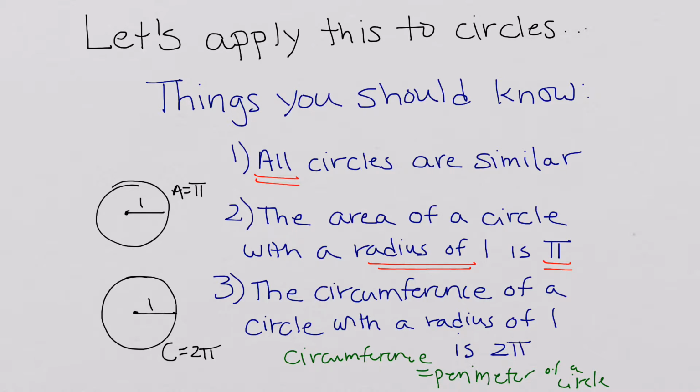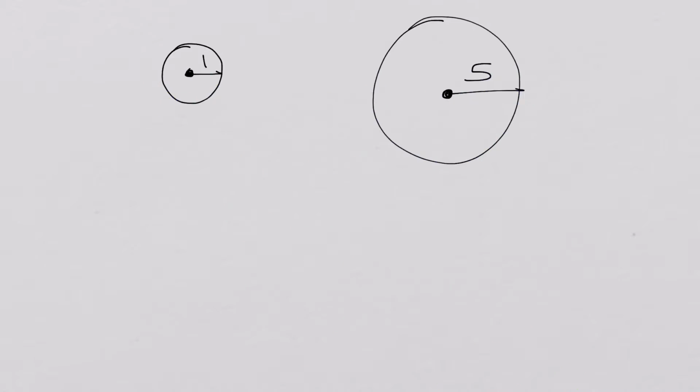So now we know some interesting tidbits about circles. They're always similar. The area of a circle with a radius of 1 is pi. The circumference of a circle with a radius of 1 is 2 pi. Okay? Next, if we have two circles, for example, this one over here with a radius of 1 and this one over here with a radius of 5,